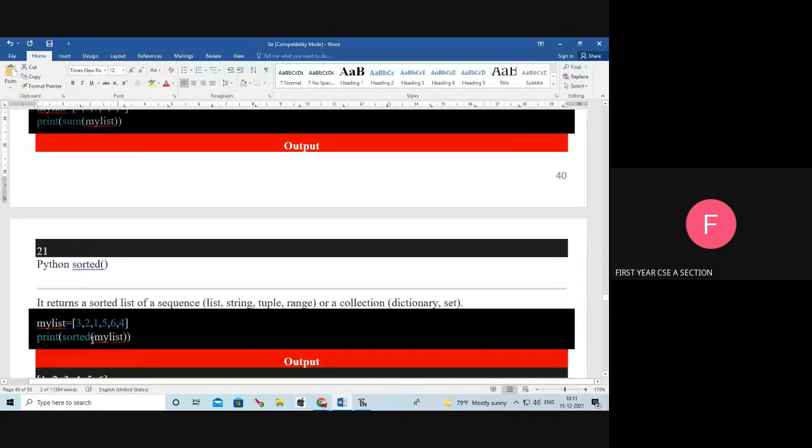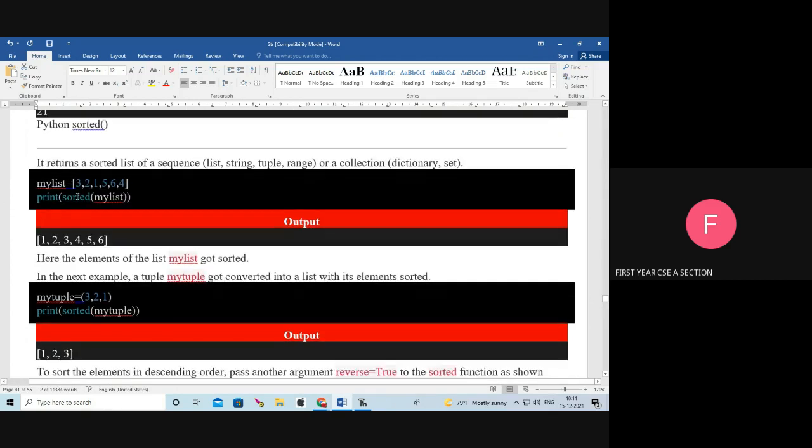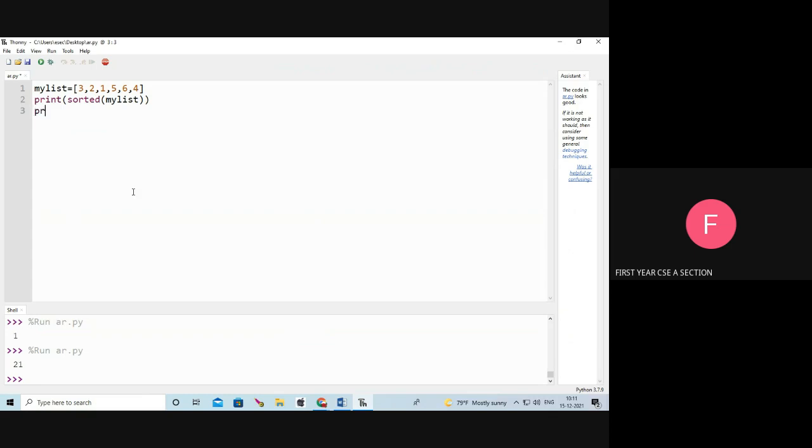Next, sorted function. The sorted function is used to sort the list, but it will not reflect in the original list. We can display it, but the original list will not be changed. See, for example, here I am putting print of a list and executing the program. My list equals this one.